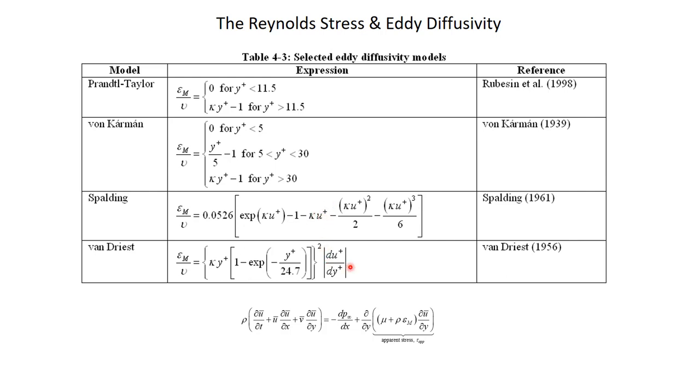Once we've understood that, then we have this model, so we can plug into here and at least come up with a math problem that we can solve, right? The last thing we'll do before we actually try to solve it is we'll restrict ourselves to a region very close to the wall, much bigger than the viscous sublayer, but much smaller than the entire boundary layer. So close enough to the wall